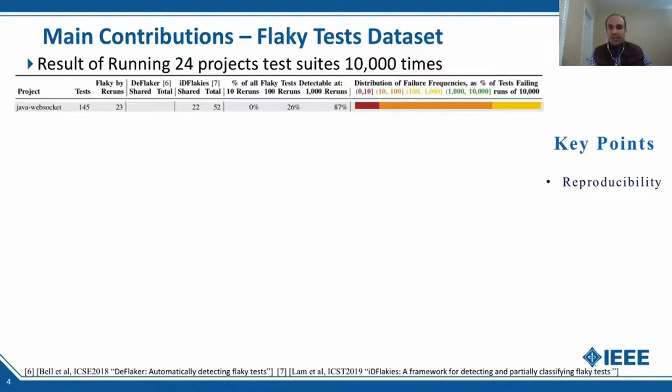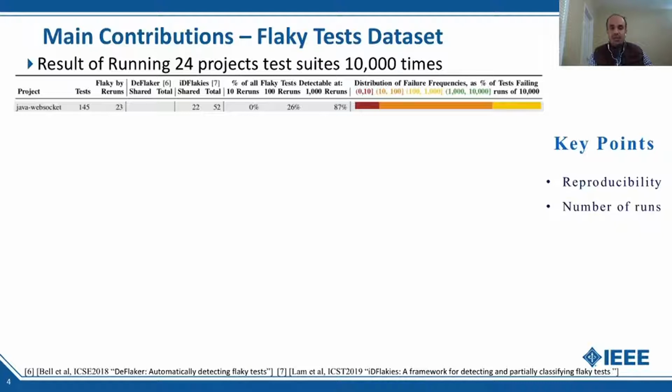In this table, we categorize the observed flaky tests by percentage of flaky tests detectable after 10, 100, and 1,000 runs. In the last column, we present the failure frequency of the flaky tests in 4 different sets. For example, if a flaky test fails less than 10 times out of 10,000 times, the test should be in the red bar. This is also an indicator that it is hard to tell how many runs we need to